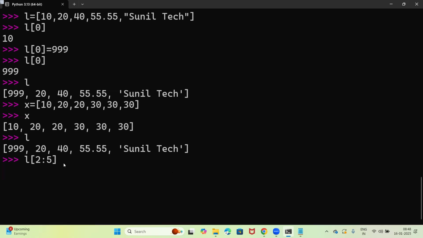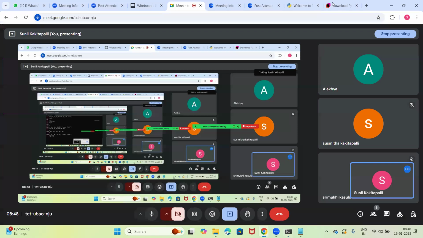Okay, yeah, that's correct. Can you tell me what are the numbers we can expect out of this expression? The output. No problem, I'll tell you. The range is